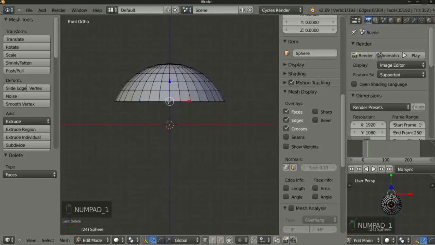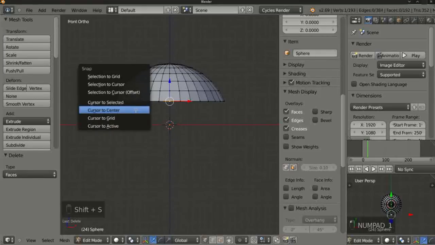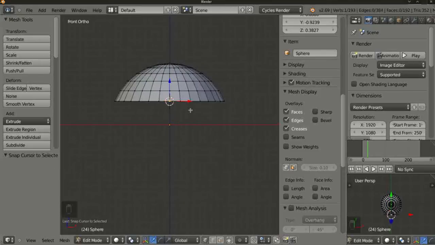You can click anywhere, any vertex, as long as it's the bottom row of vertices that you're selecting from. And what I'm going to do is cause the cursor to move there. Right, now that I've done that,